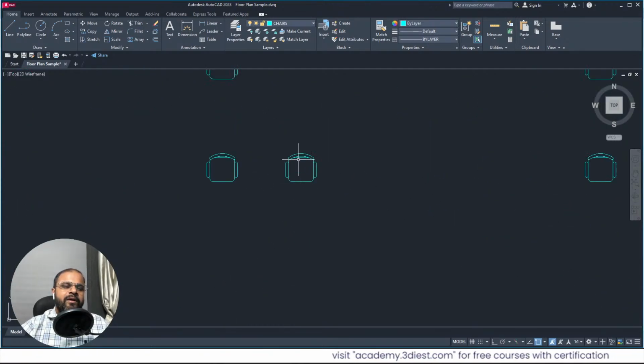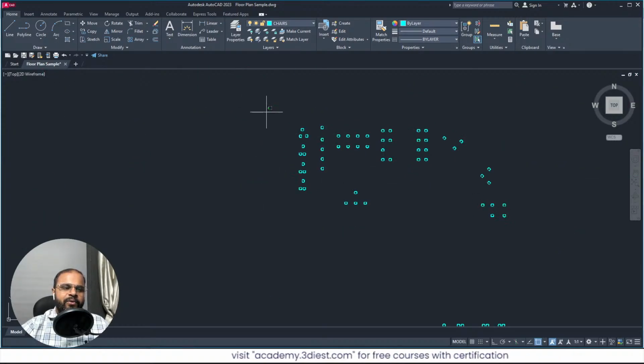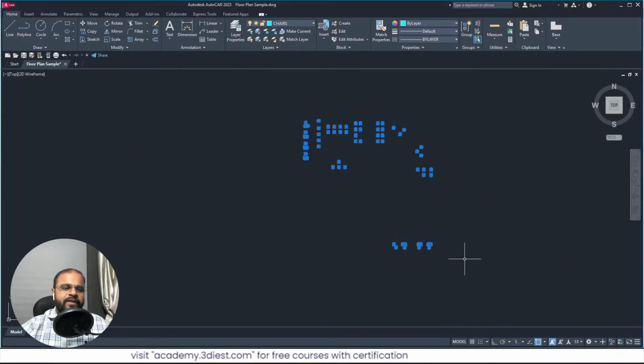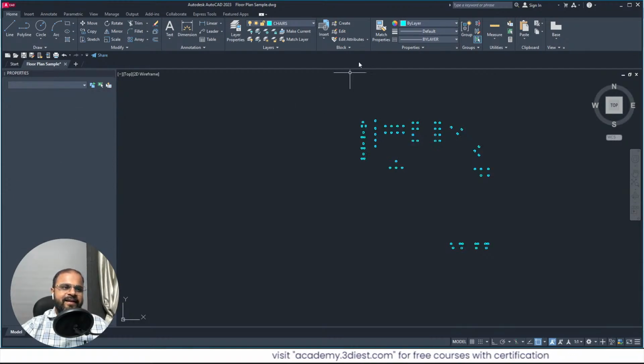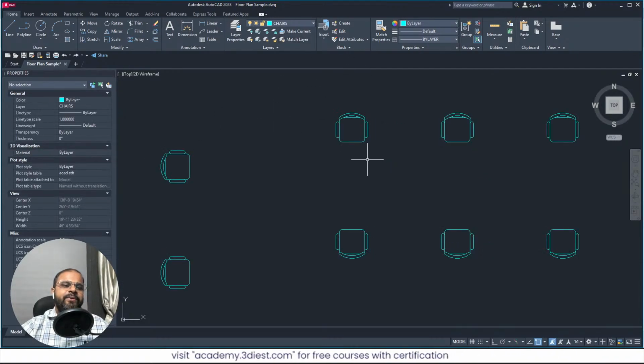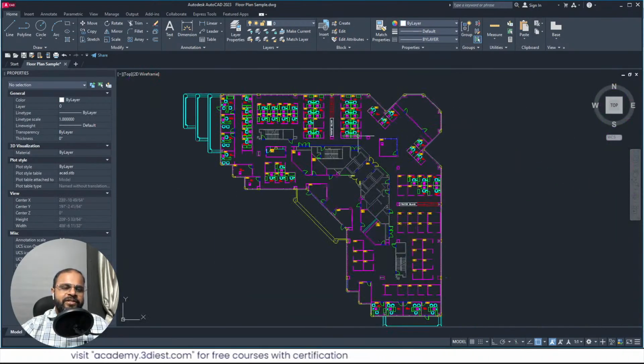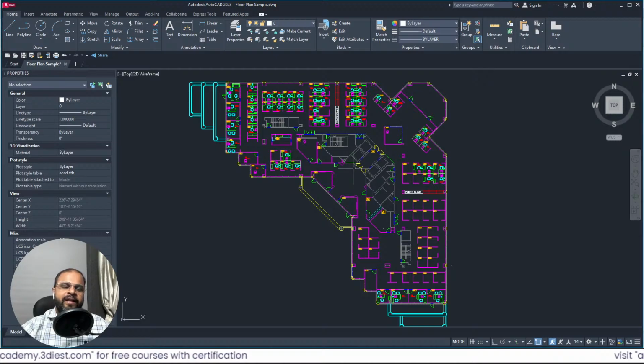Now if I want to look closely, or if I want to count the chairs, I can simply select all of them, and if I press Control 1 to see the properties, I can see that in this complete, complex drawing, there are 66 chairs, right? So these are the things we can do using this layer feature, if you have organized your layers well while creating these drawings and designs. And the benefit I also explained is that you can easily extract details and information if your things are organized